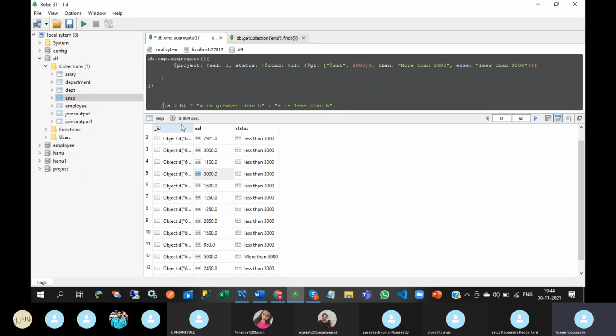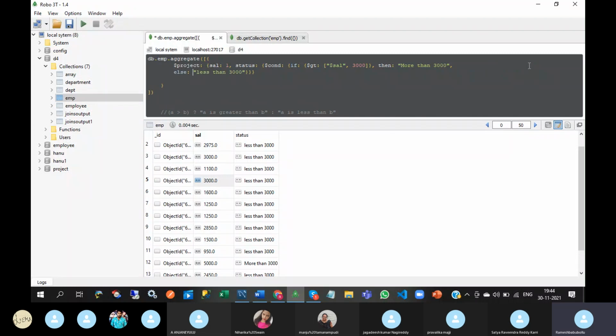Now salary 3000 is also there. For that you need to write equal to. Okay. So how to write equal? So here we need to write another conditional operator.